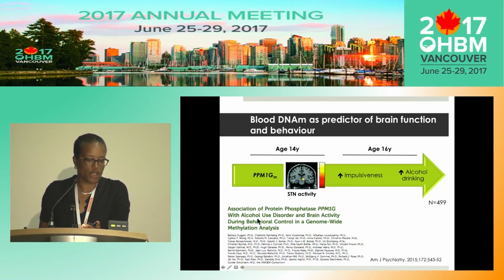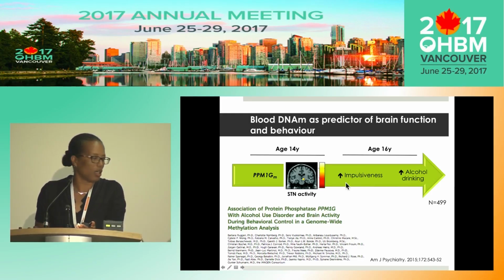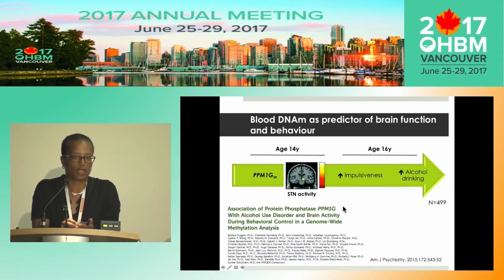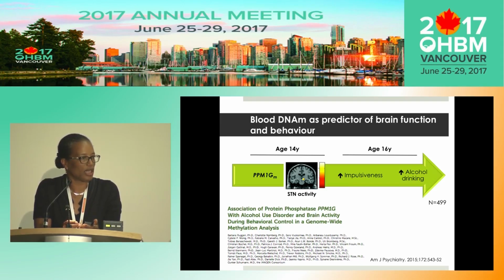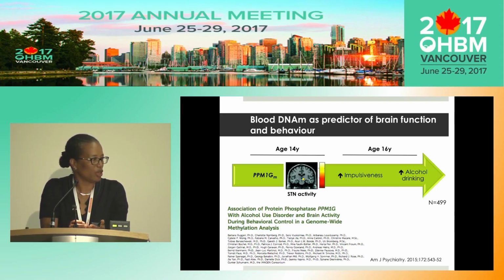Furthermore, these changes in DNA methylation and brain activation at age 14 could really predict changes in behavior later, so escalation of alcohol drinking and increased impulsiveness. So that really showed that using blood DNA methylation, we might be able to predict changes in the brain and changes later in behavior. So this finding encouraged us to expand those studies, and now to try to do